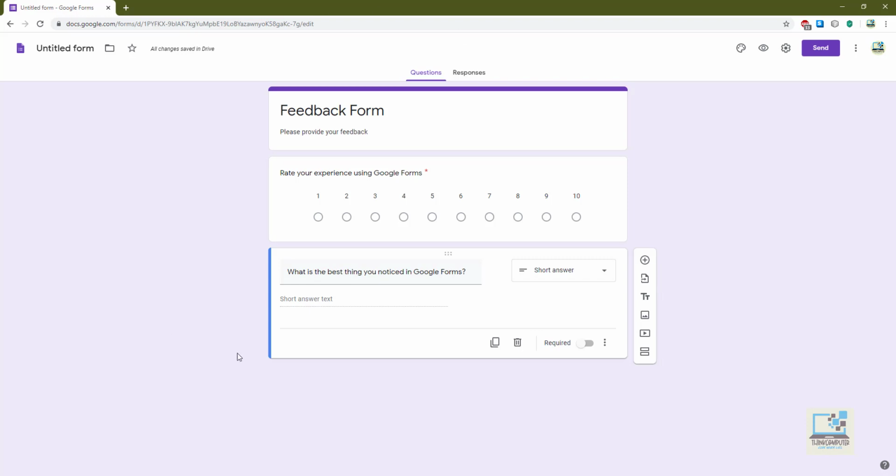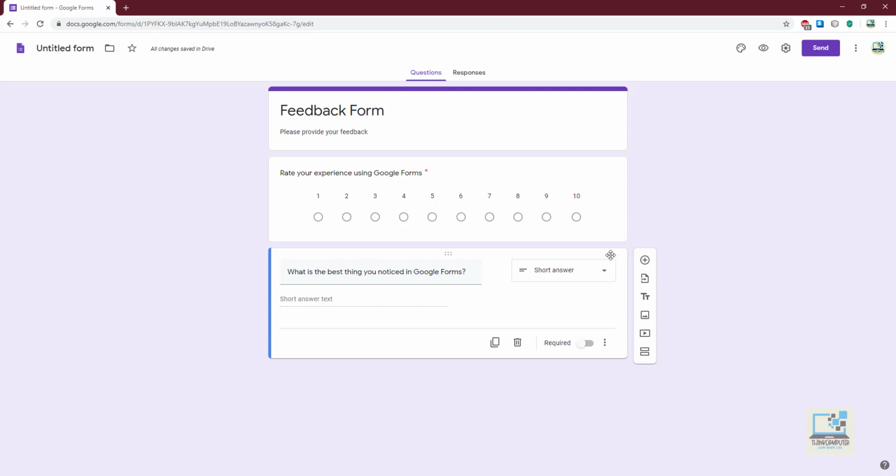So this is section 1. This is the first section, means first page. But if you don't want to display all the questions in one section, means in one page, you can add more sections to your form. That depends on how many questions you have in your form. If you have like 3 to 4 questions maximum, then one section is sufficient. But if you are having like 10 to 15 questions, then it is better to have 3-4 sections.